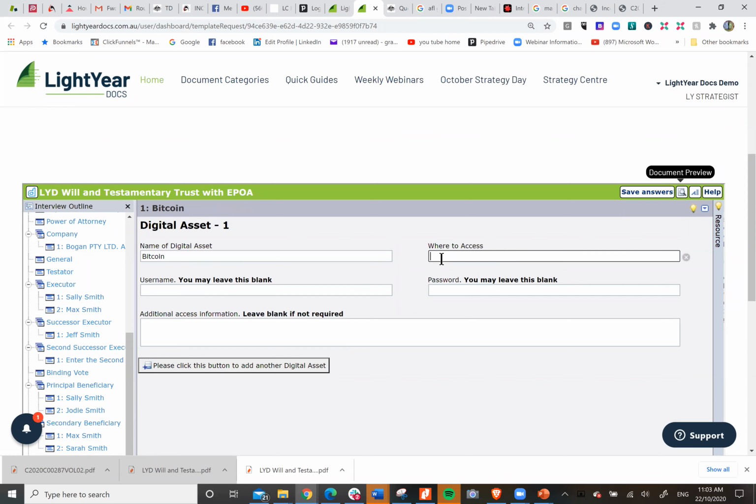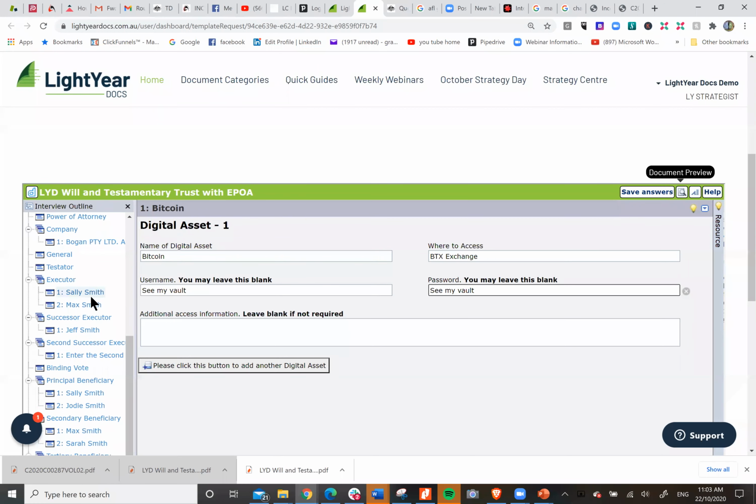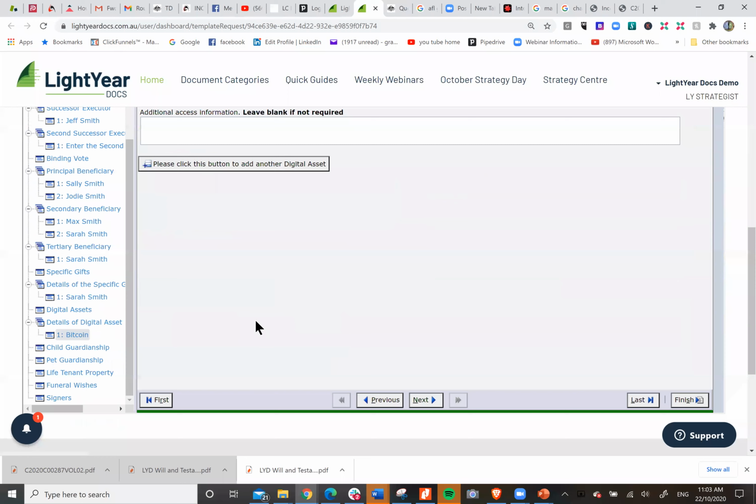Where to access: BTX exchange. Username, see my vault. And that's also see my vault. And additional access information, so I won't worry about that. So that's a digital asset if you want.